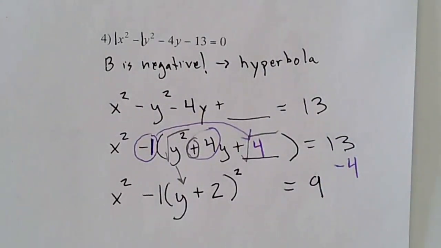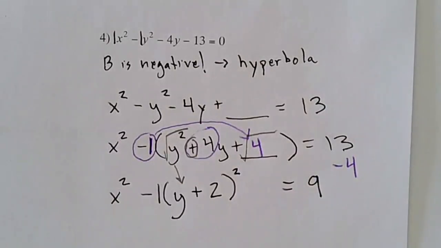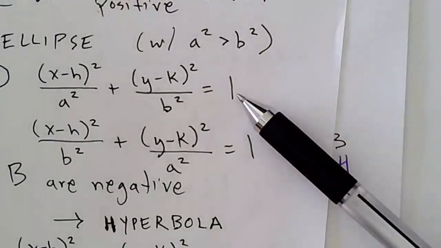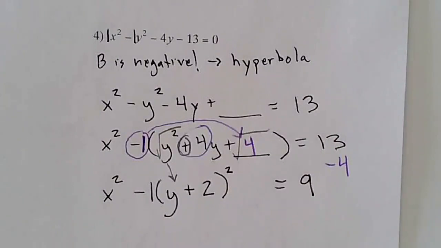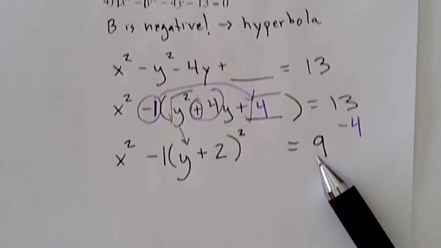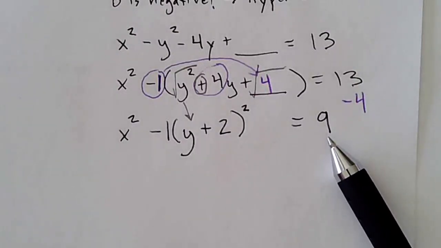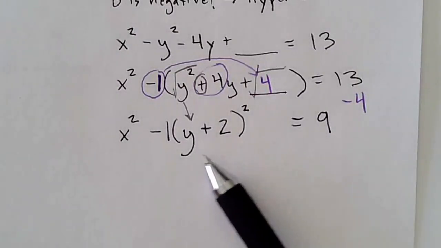So here's the only thing with a hyperbola, and that is that for our hyperbola, if you notice, both hyperbola and ellipse, you've got your graphing equation equal to 1. Okay, it needs to be equal to 1. So the only problem we have here is that we've got a 9 here. So how do we get 9 into a 1? How do we do that? We don't subtract 8. I mean, we could, but then we'd have to subtract 8 from this other side, and